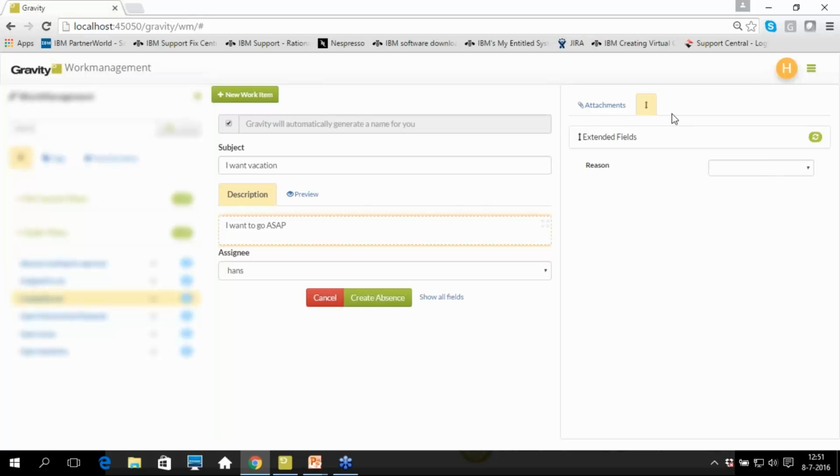And then you can see here already we have this extended field, so I can say what I really want to do. In this case I want to go on vacation. Wim showed me you can add attachments. Maybe if you're sick you can add an attachment from your doctor saying that you're really sick. Right, so I can just create this absence